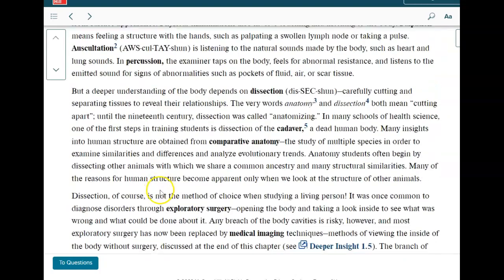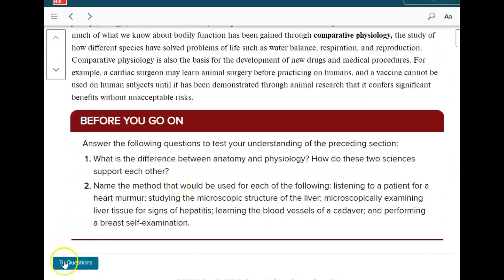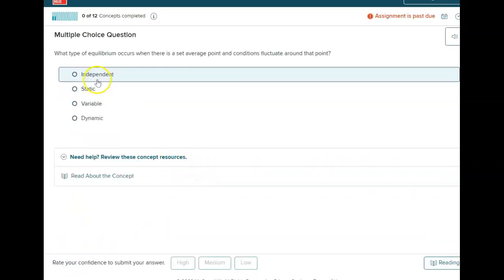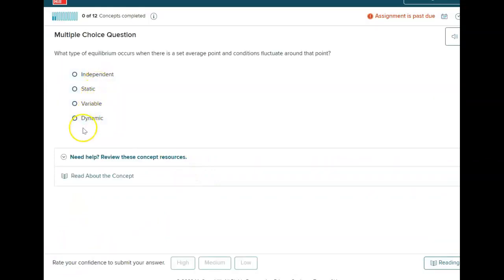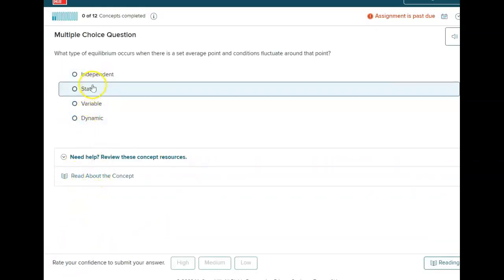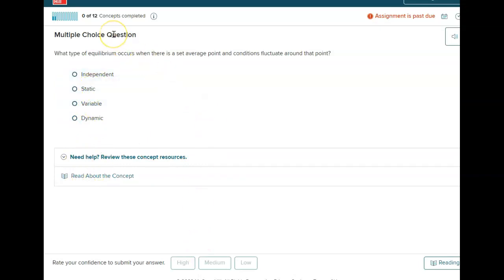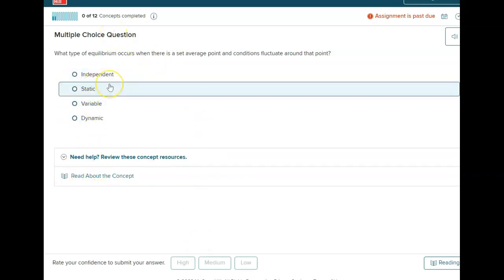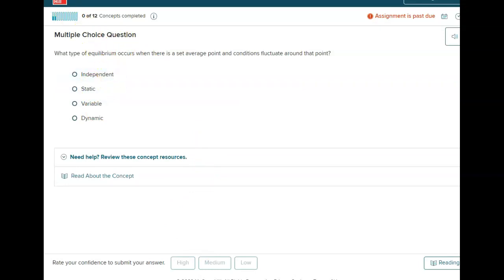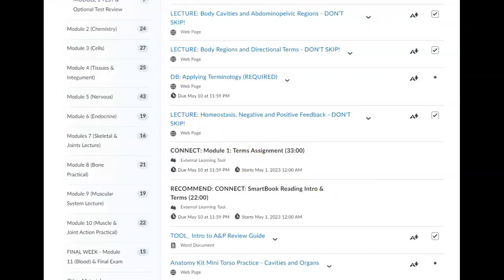It does not cover everything that you need to know, but it's going to hit the highlights. One of the options that you could do is go into the SmartBook reading, and then rather than going through all of the reading, go directly into the questions about that reading. If you struggle with any of the questions, it can feed you back into the part of the textbook that